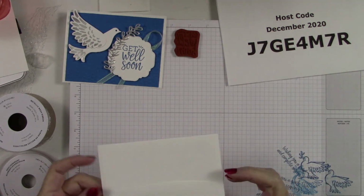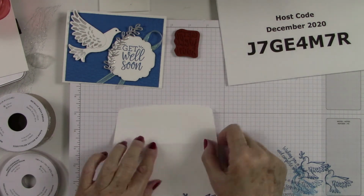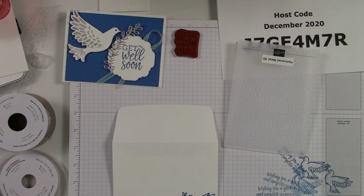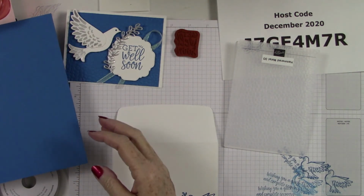The other thing that I want to do is I want to decorate my top. But I want to do it with that embossing folder. So, let's see if we have a Pacific Point. Another little scrap of it would be wonderful, but I don't think I do. That's okay, we'll cut a piece. So I'm going to cut off about,